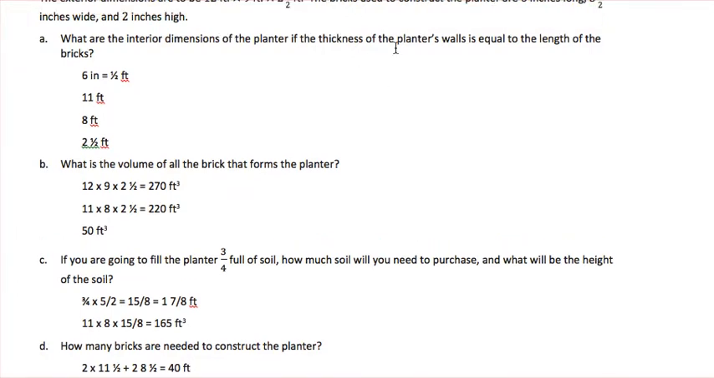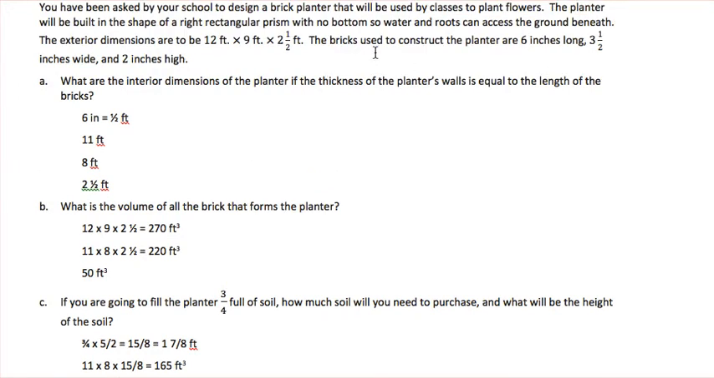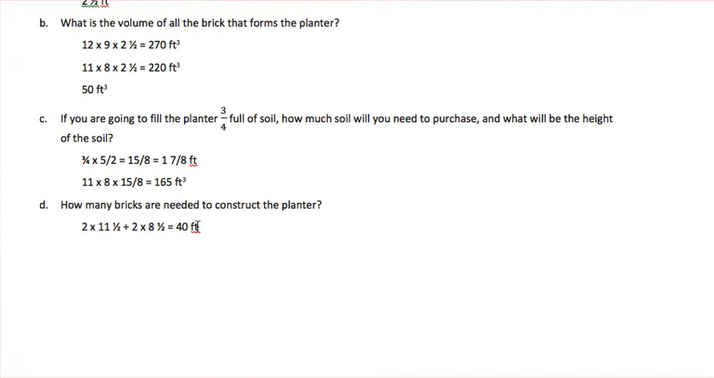Now why 11.5? Well, let's look back at this. The bricks are 6 inches long. So on each side, when you get to the corners, it's going to be reduced by 1/2 foot. So that's why our dimensions, each one is 1/2 foot smaller than the original dimension. So our perimeter then is 40 feet. From there,